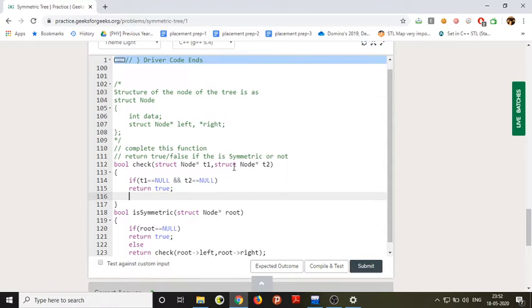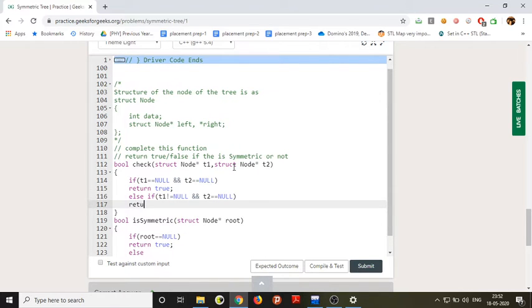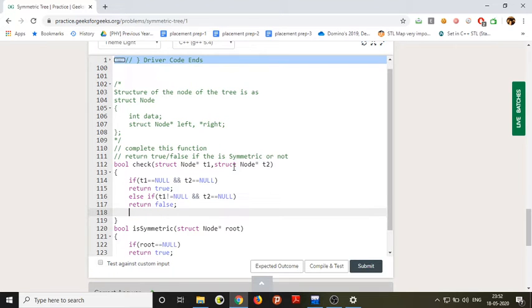So let's do it step by step. If t1 is null and t2 is not null, or the other way around, then directly we can say that the tree is not symmetric, because if one is present and the other is not present, the mirror image will not be symmetric. So else if t1 not equal to null and t2 equal to null, then definitely we should return false, because the tree will be unsymmetric.